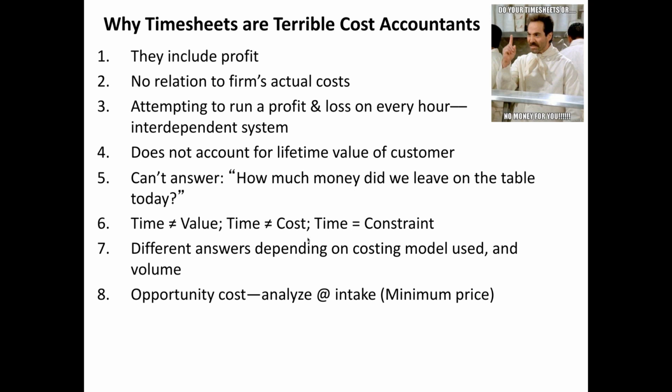One of the arguments that I hear all the time for keeping timesheets is we have to know our opportunity cost. The reason the $200 includes profit is because we have an opportunity cost of our time, and that's true. Opportunity cost is an economic concept. It is not a cost accounting concept. Cost accounting is silent with respect to opportunity cost. Cost accounting is simply a way to allocate costs from a bucket to various things. This has nothing to say about opportunity cost.